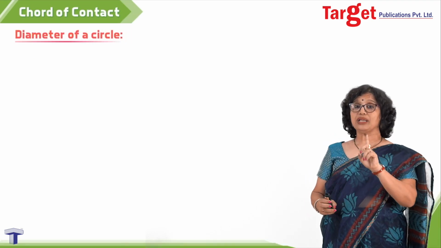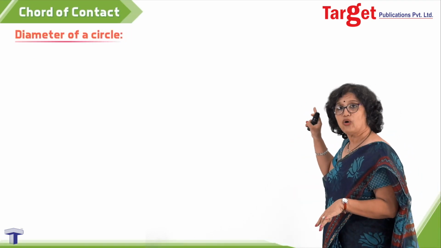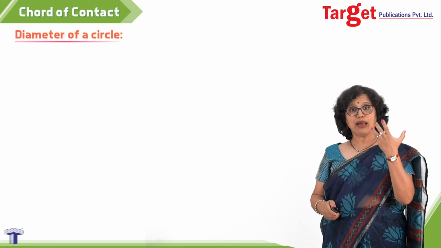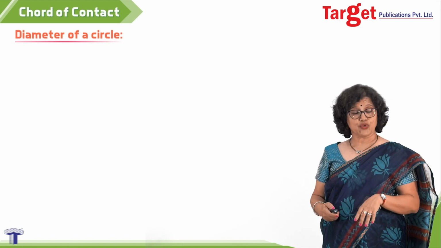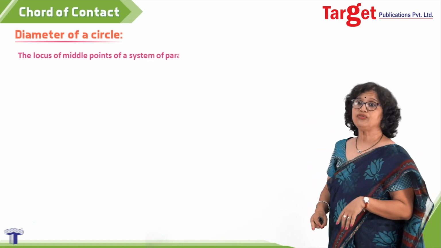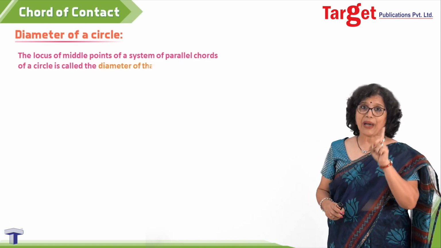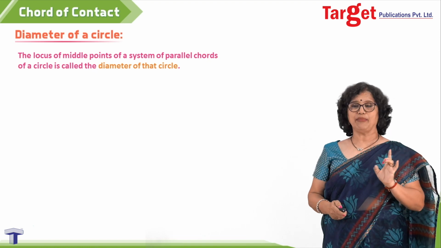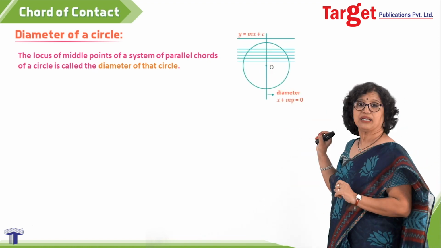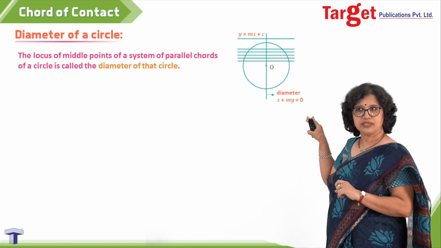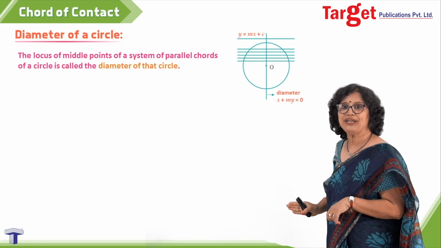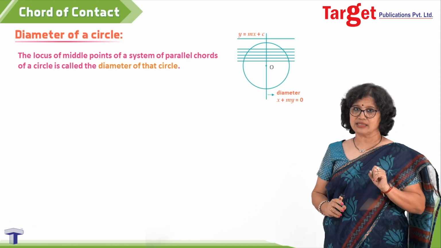And it is a totally new concept. It is diameter of a circle. Diameter of a circle is not the one that you know. Here I am describing diameter in this form: the locus of the midpoints of all the parallel chords of a circle is called the diameter. And then the picture would be something like this. I have drawn some parallel chords and I am showing the midpoints, and through all those midpoints one line, and that I call the diameter.